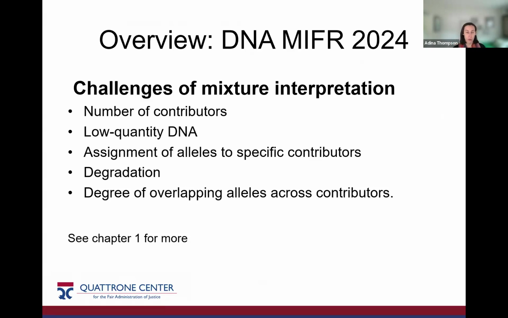So those of us who've worked even a little bit with DNA know the basics, right? With STR testing, we get two numbers at each place. If you have more than two numbers, you probably have more than one contributor. So with number of contributors, we're getting lots of alleles in one locus, in one location.